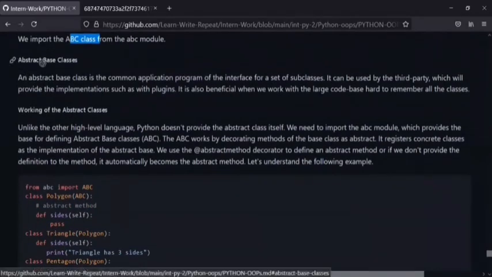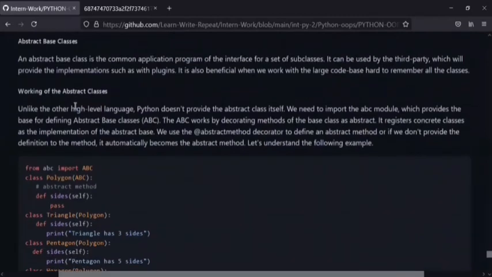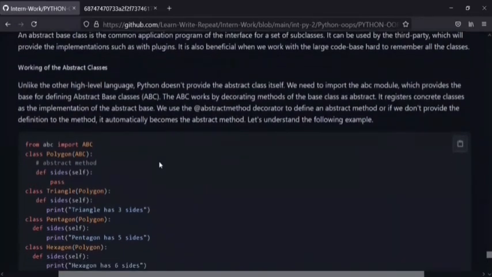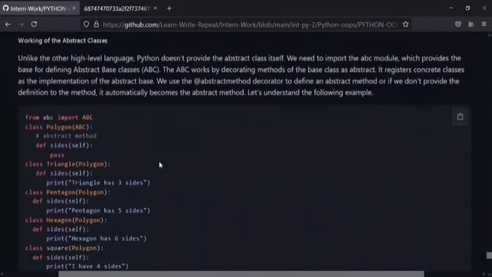We have the abstract base class. An abstract base class is a simple application program of the interface of a set of subclasses. It can be used as a third party which provides the implementations such as with plugins. So this is how the working of abstract classes looks.